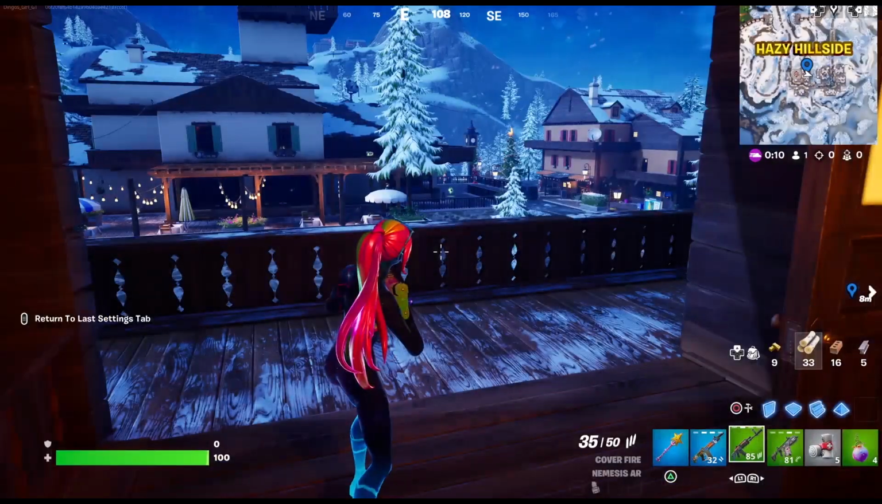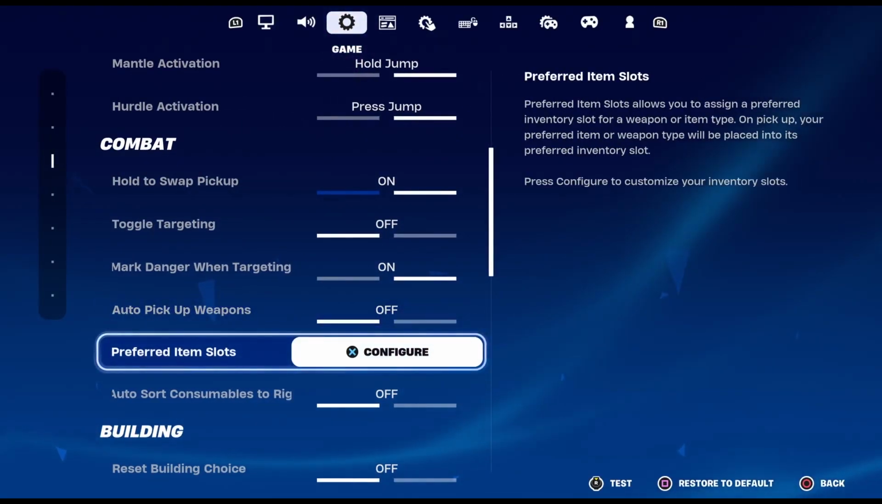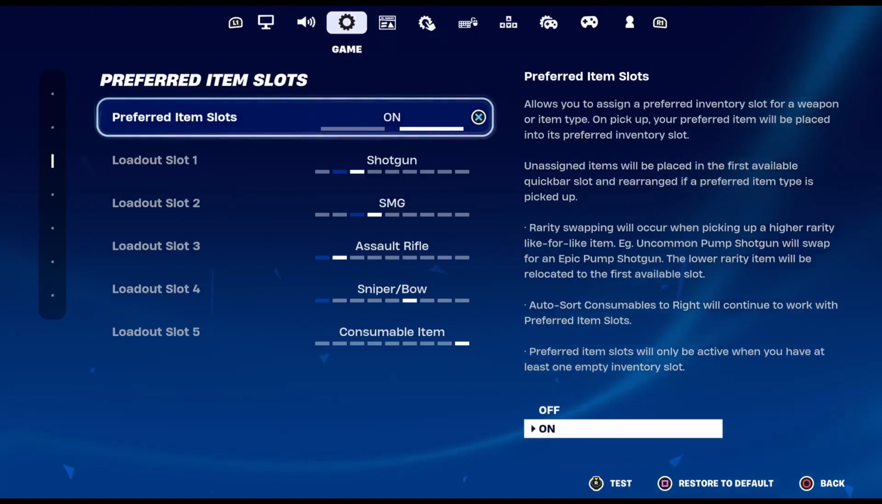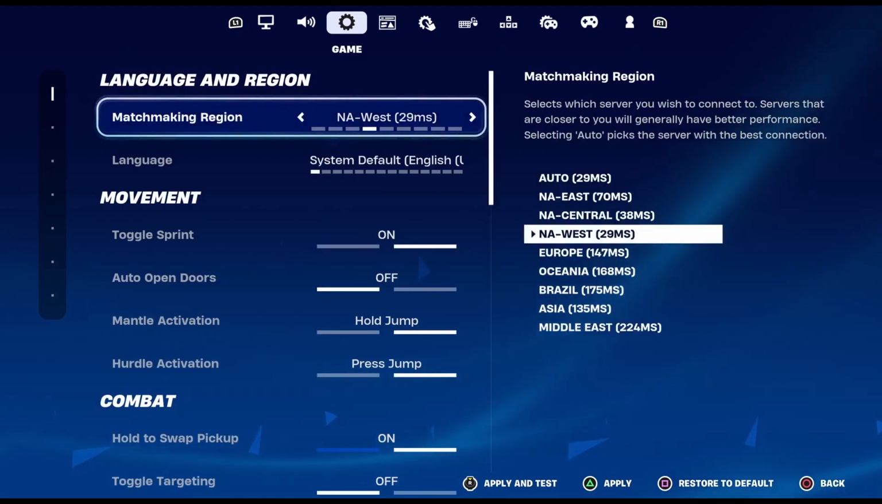One of my most favorite features is the prefer item slots. This is going to automatically place a weapon in your inventory in a specific order, and you can actually decide how that happens. This also will happen if you have the auto pickup option activated. So if you run through the weapon, it automatically will put it on the slot that you have selected for